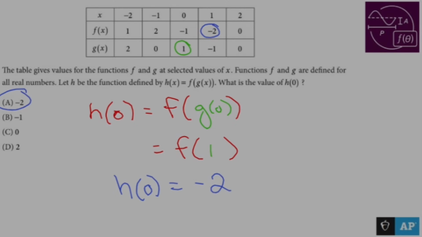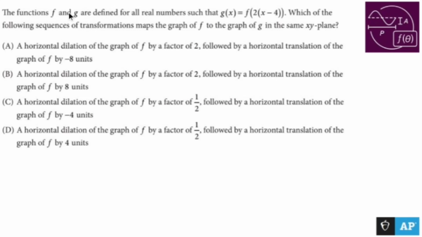Done. The functions f and g are defined for all real numbers so that g of x equals f of 2 times the quantity x minus 4. We'll talk about that in a second. Which of the following sequences of transformations maps the graph of f to the graph of g in the same xy plane? Now, whenever you have a transformation like this, it's giving us f of 2 times (x minus